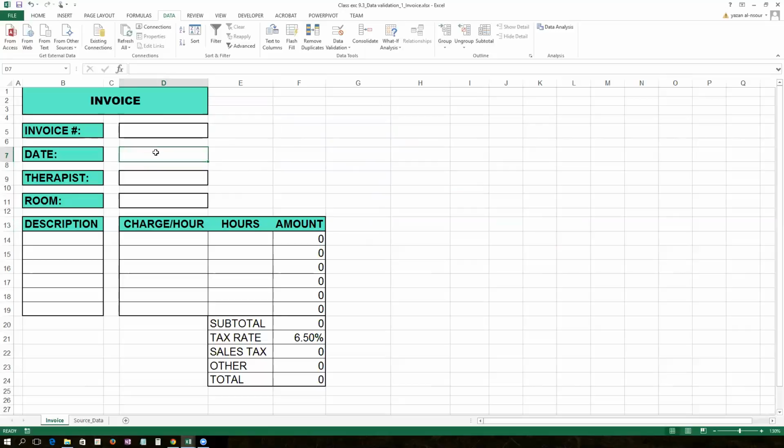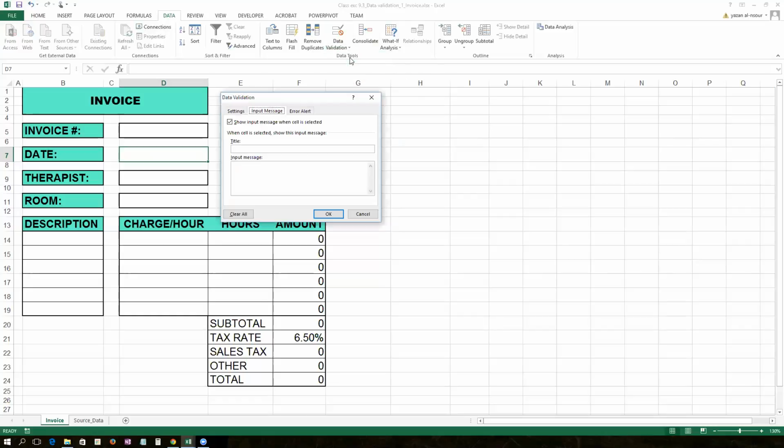I want this to be date validation, obviously, right? So again, I clicked on this cell, D7, on the data tab. I go to data validation, and if you click on that drop down, these are the options, right? I click on data validation within the settings tab. I want to choose the date, and now it gives me options here that